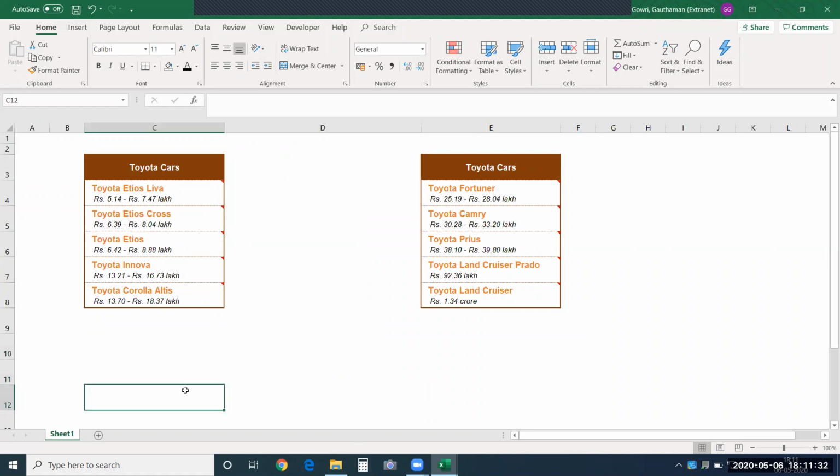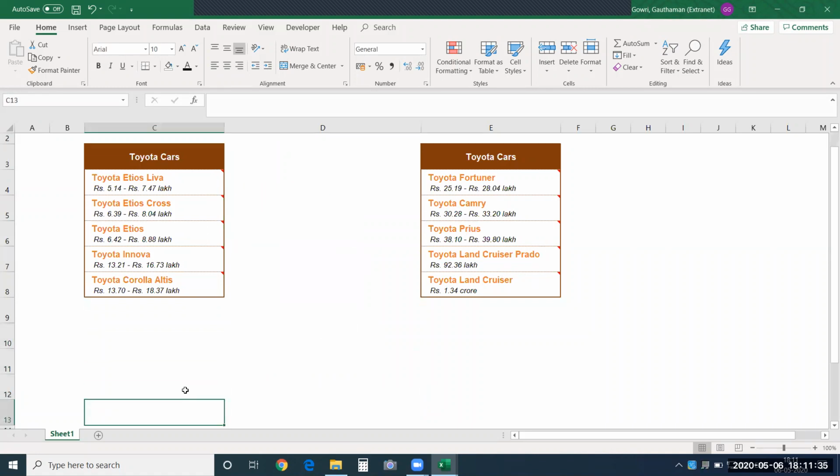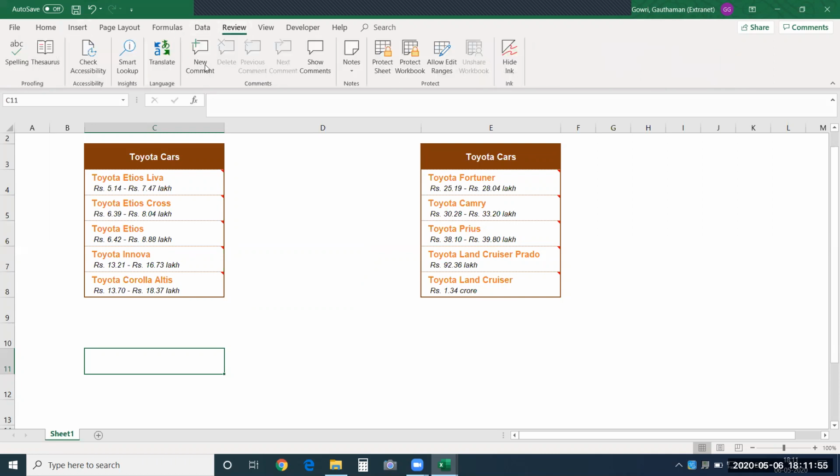Now, in Office 365, comments appear in a different manner, and the way they used to appear in our older versions, they are known as notes. Comments are different and notes are different in Office 365. Let me show you the difference. If I go to the review tab and say new comment, the comment appears like this with the ID of my system, and whatever I give here will be stored with the ID that I have provided. Now if I say new note, it will appear like this.